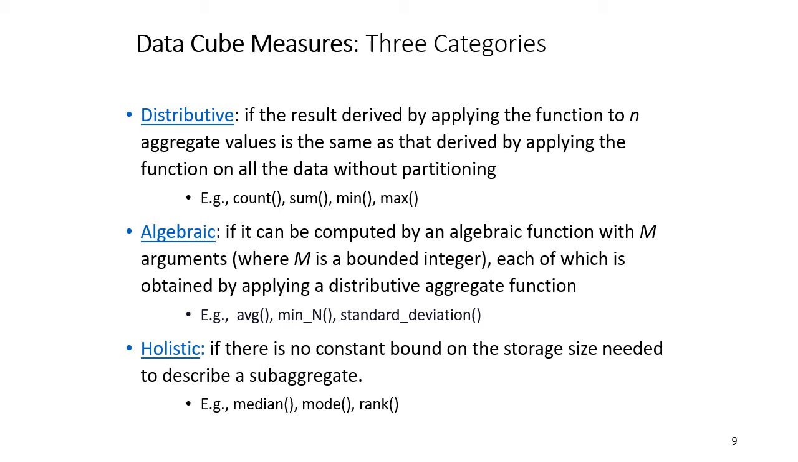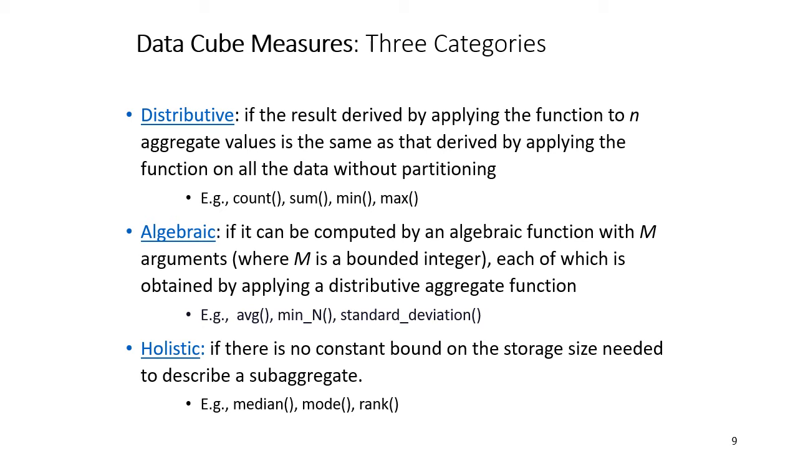Now we'll talk about the measures. The measures can be distributive, algebraic, and holistic. Distributive measures are basically applying the function to aggregated values such as count, sum, min, and max. Then algebraic functions are functions like average, minimum of n values, or standard deviation. And a holistic measure is